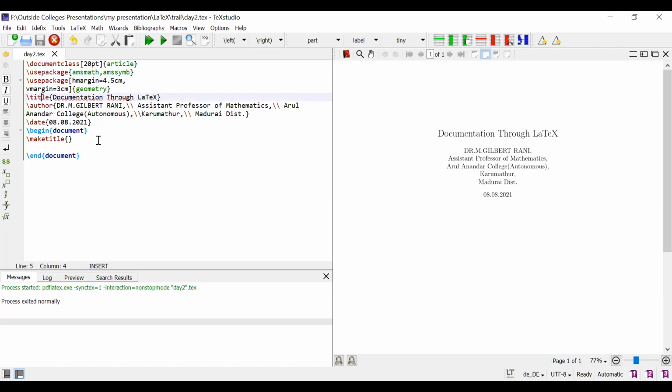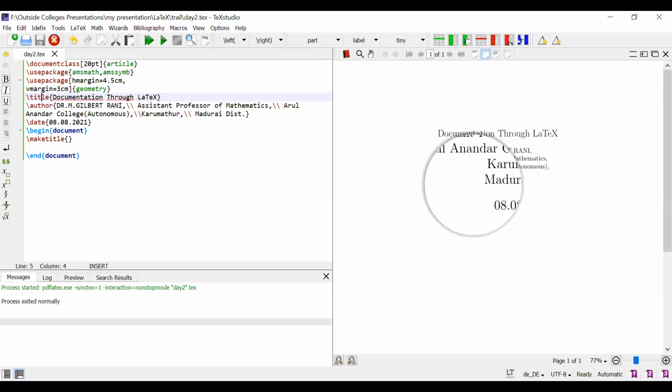Next, I use the title. Title is a keyword to write the title, and next one is backslash author. This is a keyword to write the author.